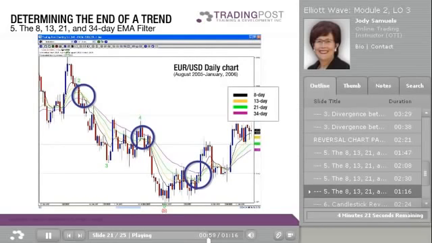Again, when this is used in combination with the other tools, we are able to pinpoint the end of a trend so that we can call the start of the new trend. The last tool we are going to take a look at is